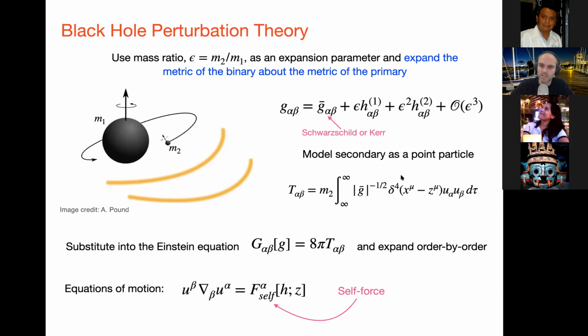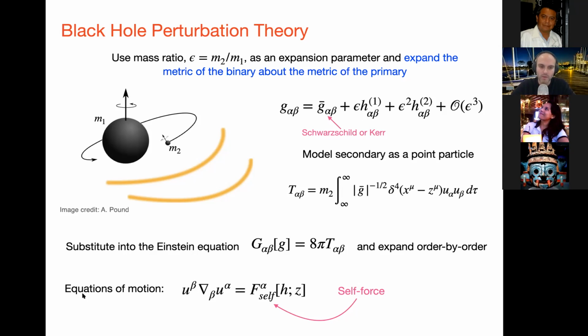In these models, it turns out to be sufficient to model the secondary as just a point particle, so a delta function moving along the world line. You can add extra multipole moments if you want to look at spinning bodies, and I'll mention that towards the end. But for now, this is how we'll model the secondary. At least on these scales, we don't care about the internal dynamics of the secondary. So if it's a neutron star, it's not particularly important that it's different from a black hole. And then the name of the game is to take this expansion, substitute it into the Einstein equations, and then solve order by order. So it sounds easy enough, but of course, the devil is in the details.